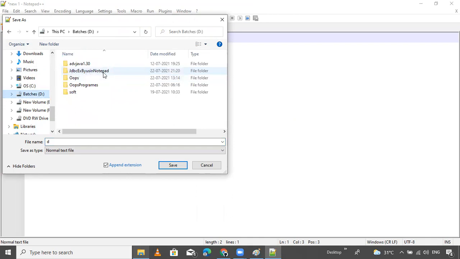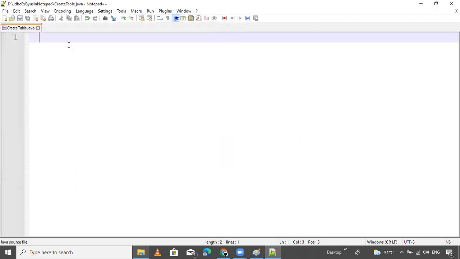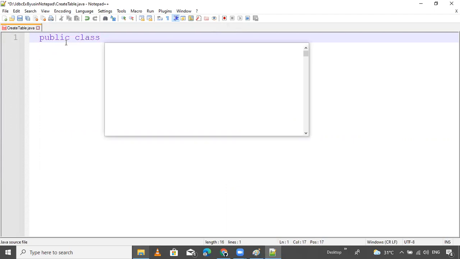JDBC examples using Notepad. Two or three examples I will show using Notepad, and after that I will frequently use the Eclipse IDE and NetBeans IDE. So this is CreateTable.java. Save it now.